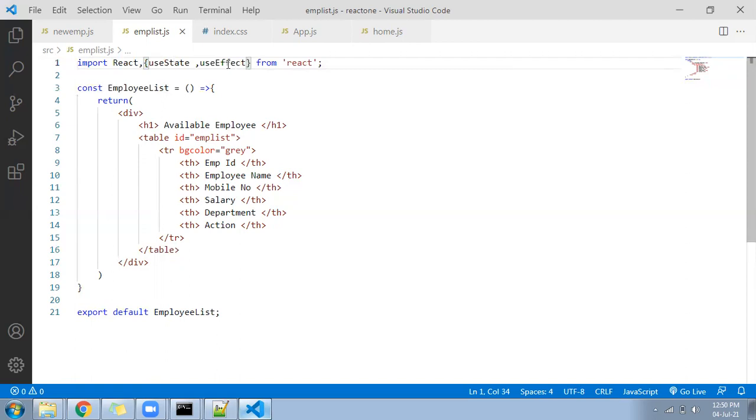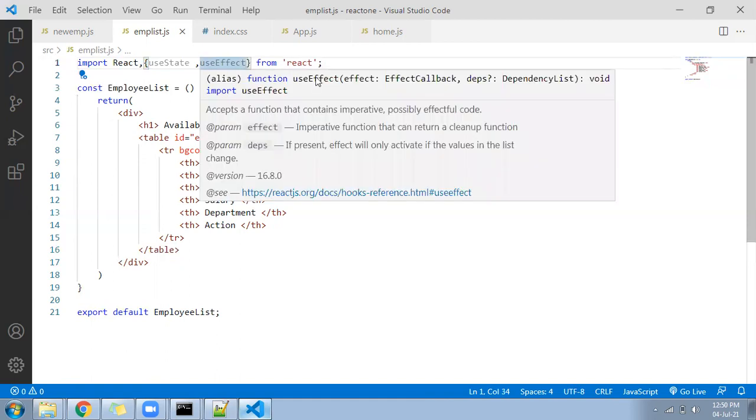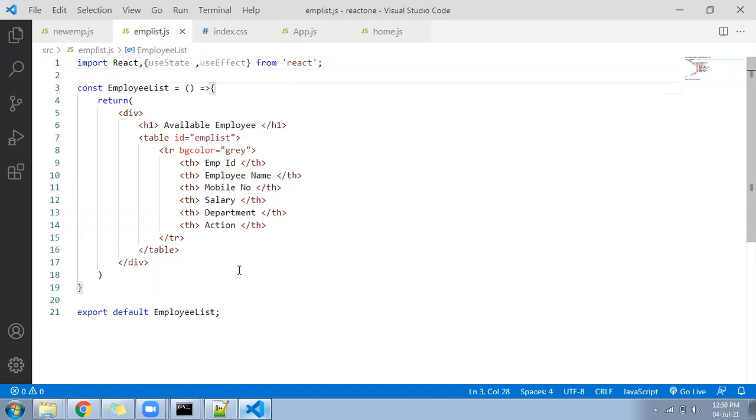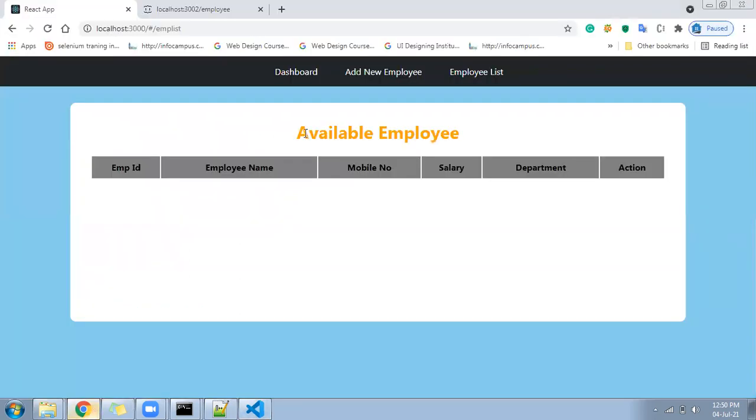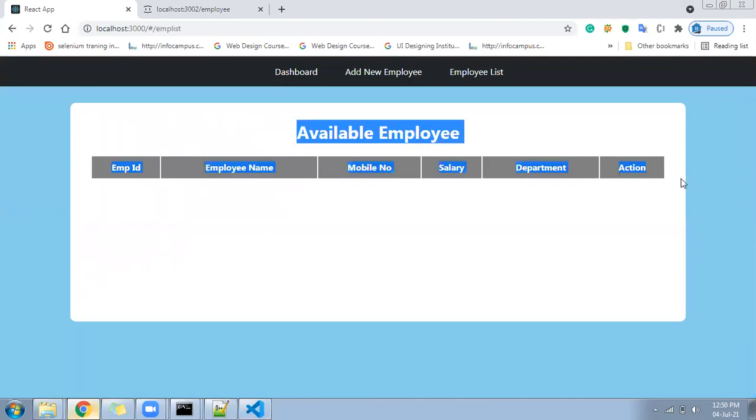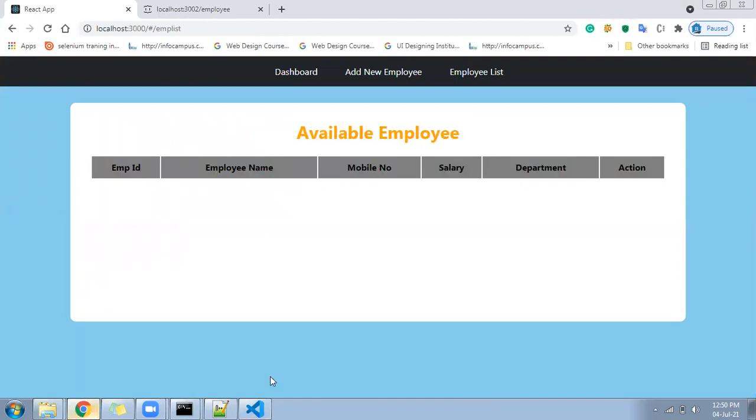useState is going to help you with the state management and useEffect is going to help you at runtime. It will help you read the data from the JSON file. So till here it is ready. Now I'll show you what is happening in my browser. You can see in my browser, I don't have any data. Only this page is there. Only the static layout page is designed. So I will guide you.